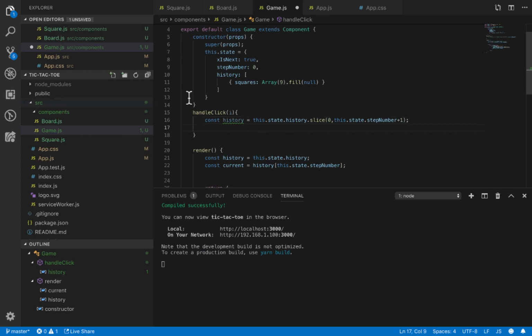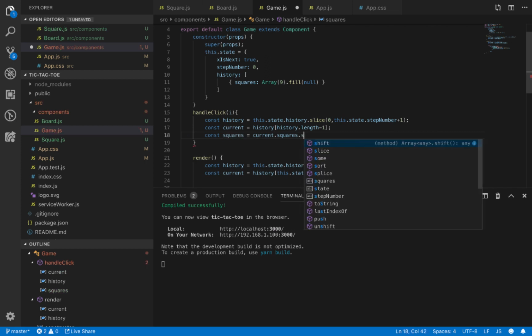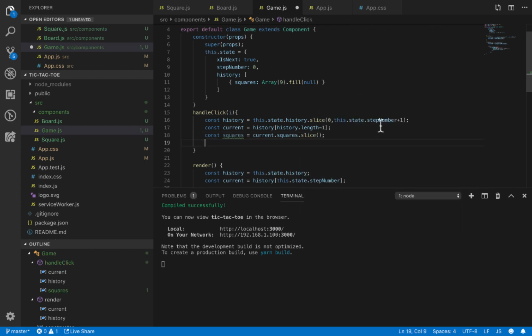So we have a copy of previous state in the history. The next constant we're gonna define is current, which is the last item in the history. So simply put history, and inside bracket put history.length - 1. Create another constant which is a duplicate of squares that comes from current.square.slice. It created a copy of squares and put it inside a square